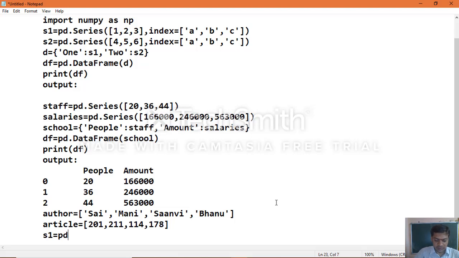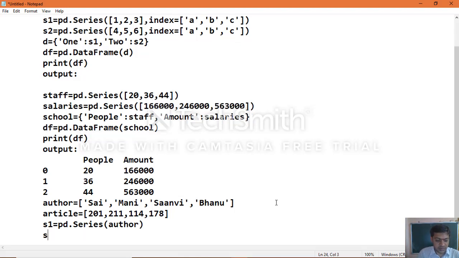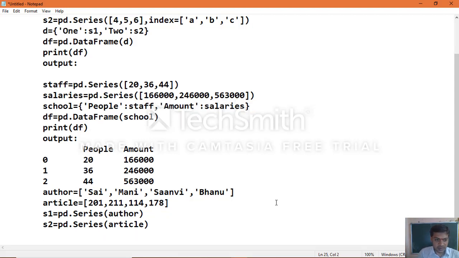Now make use of those lists with series objects: s1 equal to pd dot Series of author, and s2 equal to pd dot Series of article. Now we created the series objects.